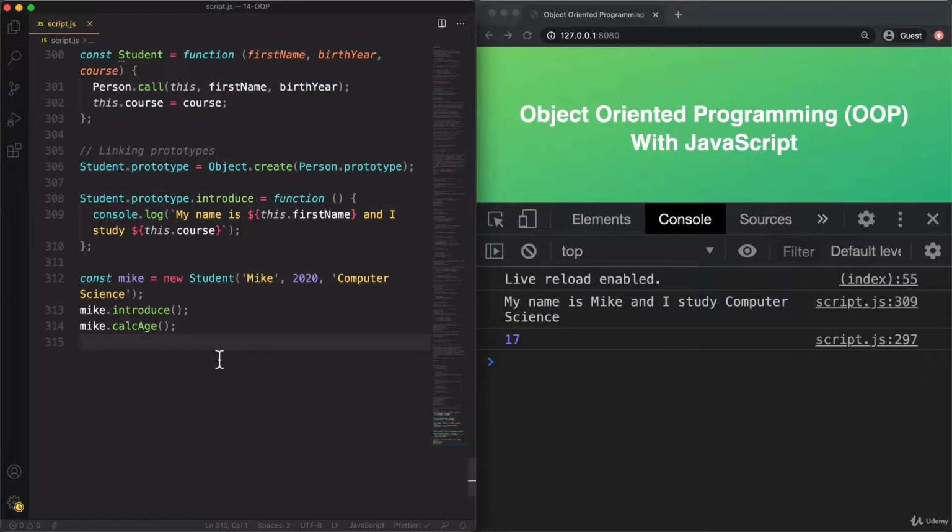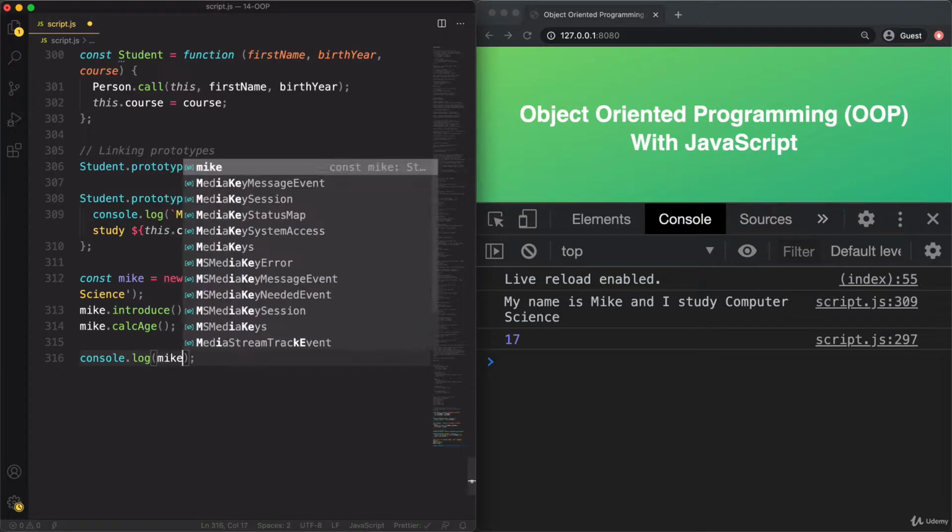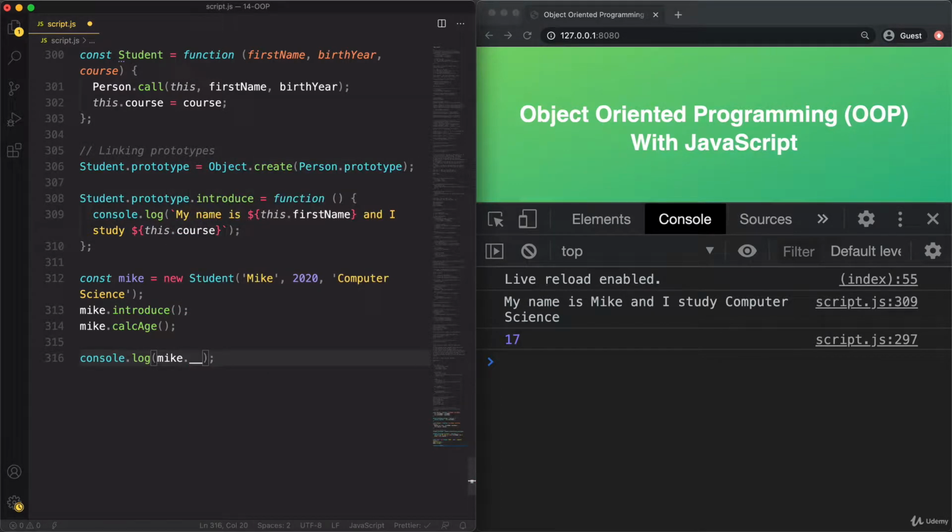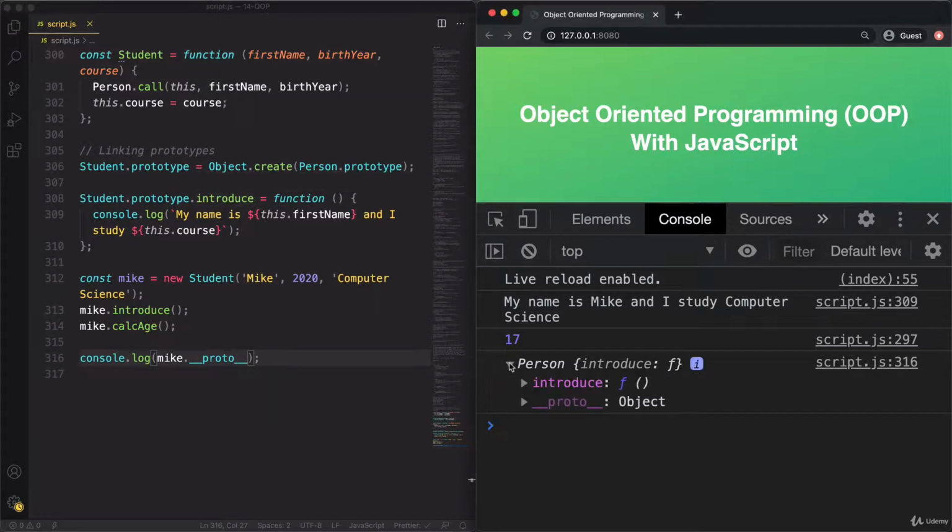And so now, just to finish this video, let's quickly inspect all of this also in the console. Let's say Mike.__proto__. And so this is, of course, going to be this object here, which contains the introduce method. Right?